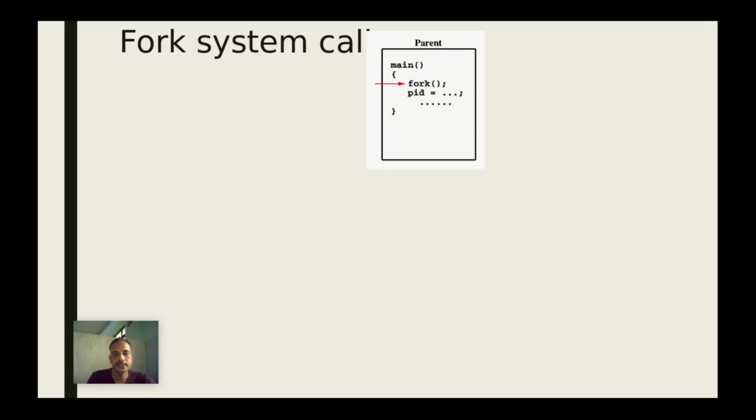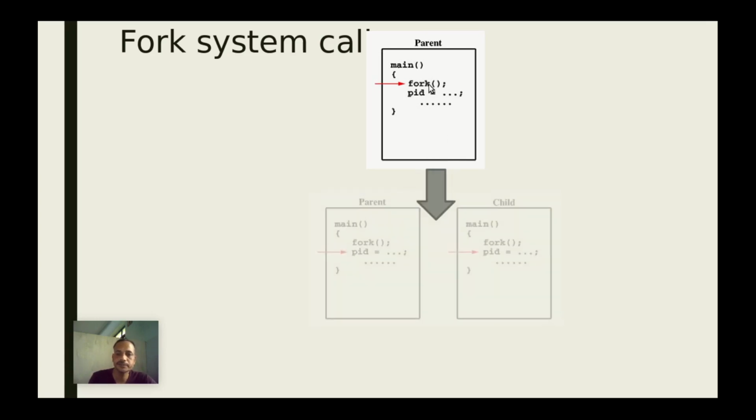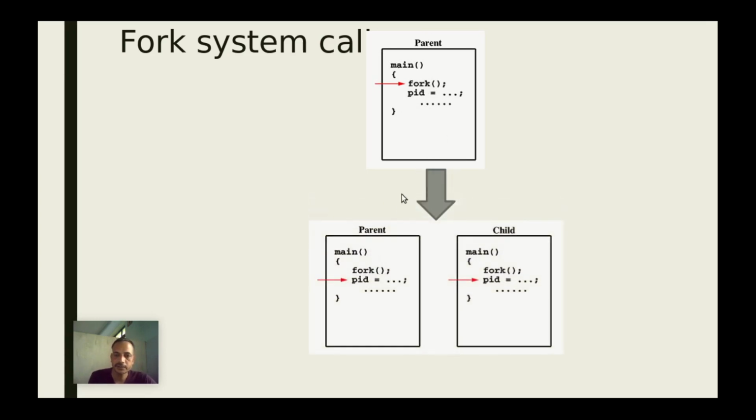Okay, how exactly fork system call works? This is the snapshot of the program, a simple C program in which one system call is executed here, fork. So when fork is executed, after execution of the fork, this will be a scenario. This will be a parent process and this will be a child process. All the variables data declared in the parent process is copied as it is in the child process, but at a different memory location.